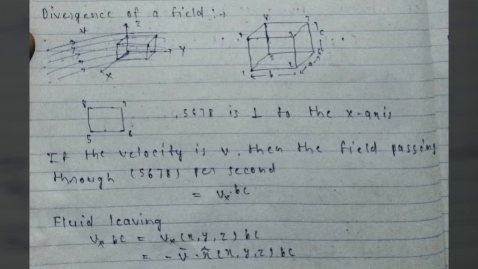Let me name it 1, 2, 3, 4, 5, on the back side 6, 7, and 8. Let us look at the point 5 is my x, y, z. Let us look at surface 5, 6, 7, 8. Five, 6, 7, 8 is perpendicular to the x axis,